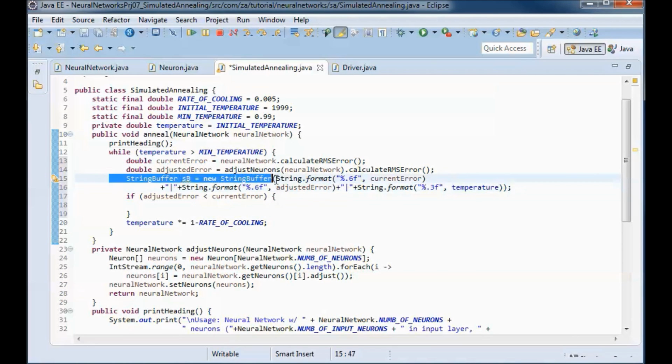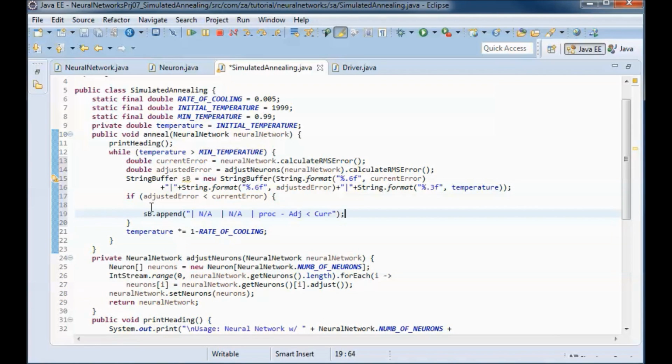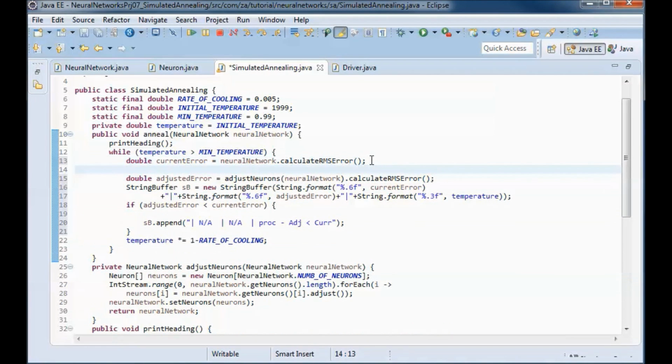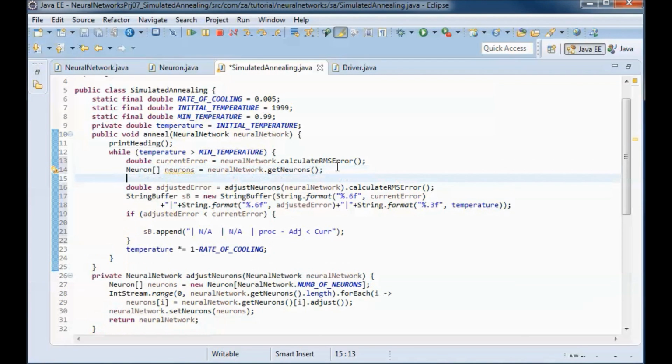So let me define this string buffer, and I will append to it this proceed message. And here let me pick up the neurons on the passed in neural network, and I want to keep track of the current network.